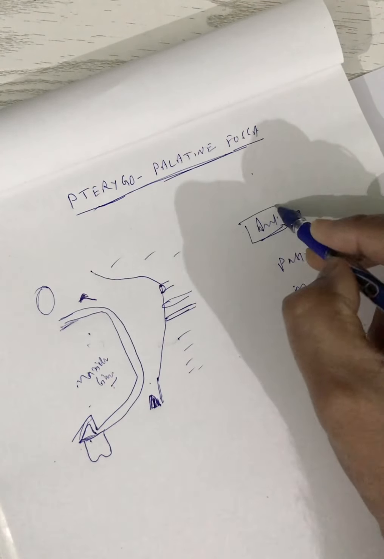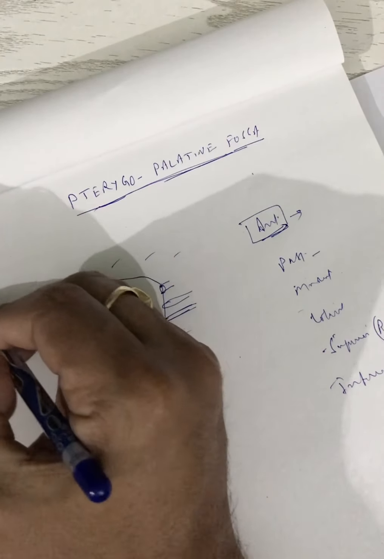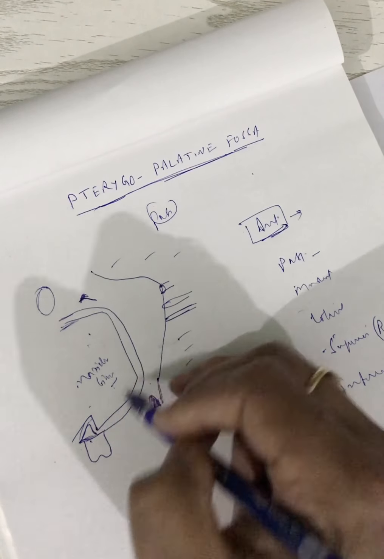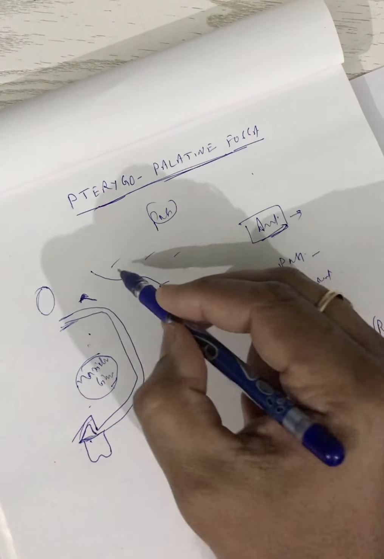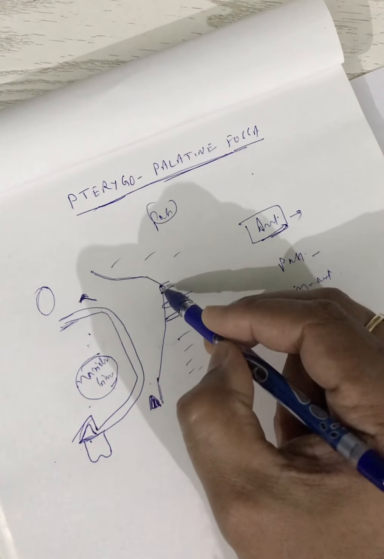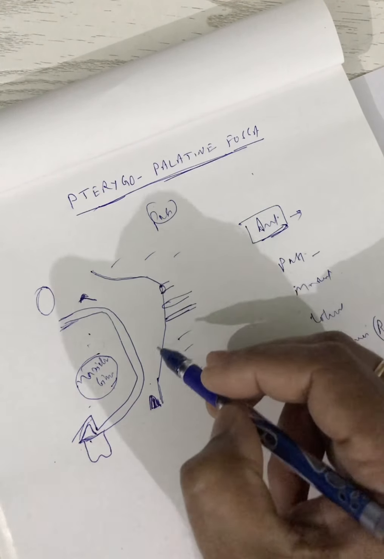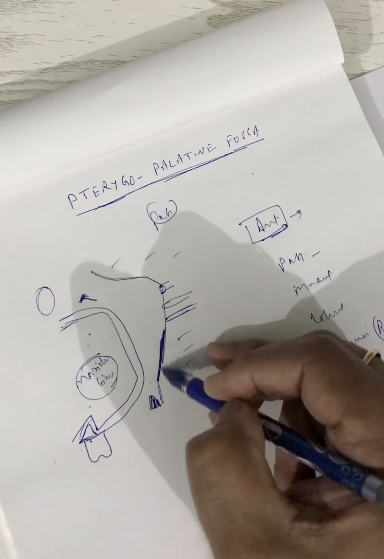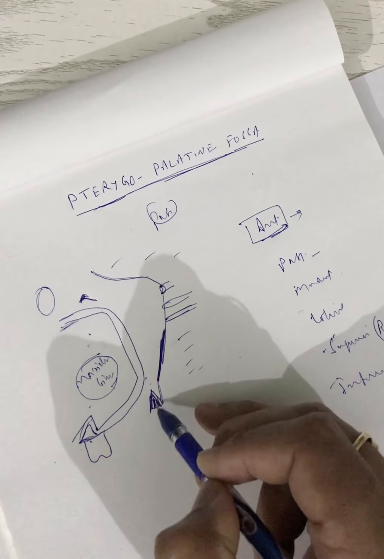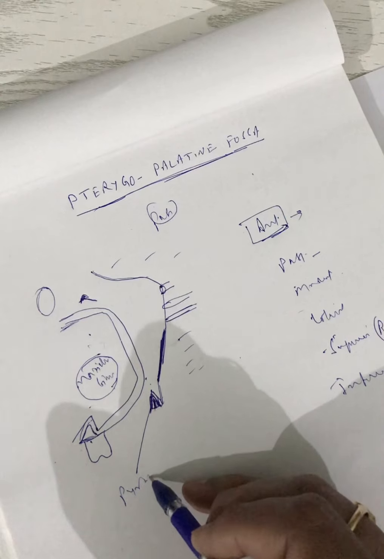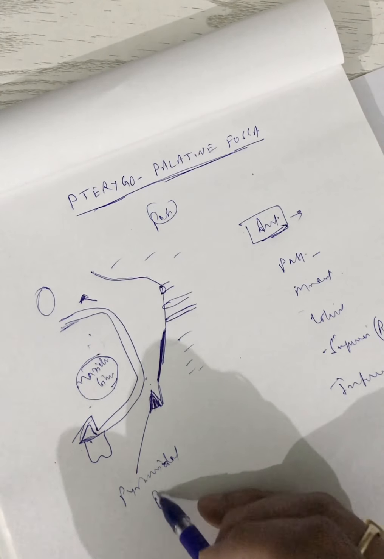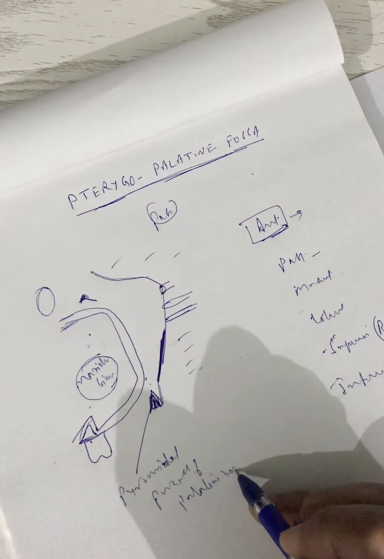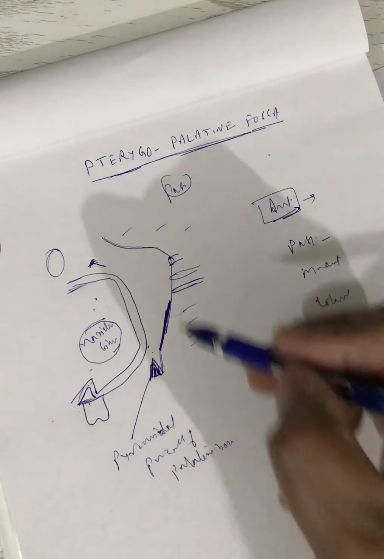So now we come to the anterior boundary. This is the anterior and this is posterior. In this diagram, this is the body of the maxilla, showing the maxillary sinus over here, and this bone is the sphenoid bone. This portion is the pterygoid plate, that is the lateral pterygoid plate, which is coming close to each other, and this bone is the pyramidal process of the palatine bone.